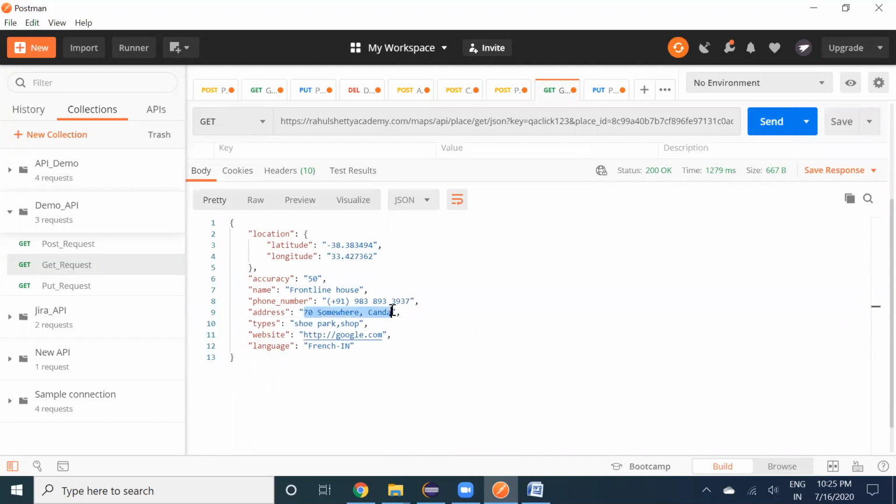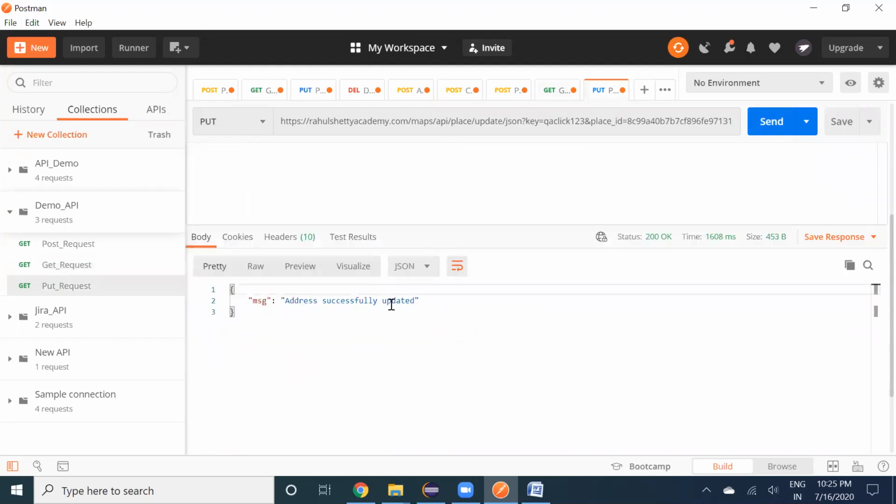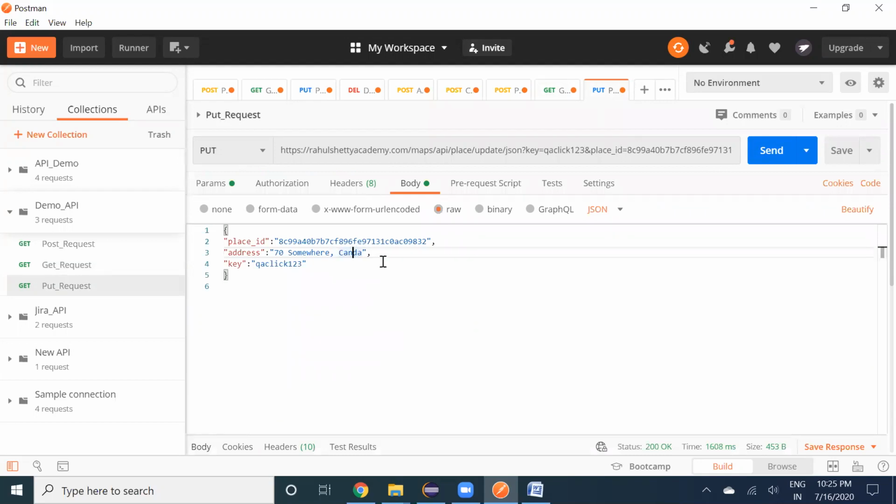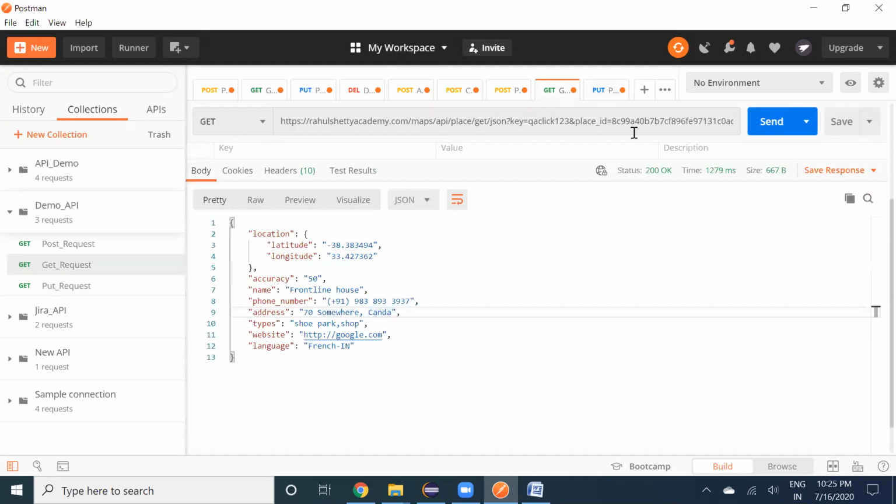So as a tester, you have to go and see whether the basic post, put, get operations are working or not. See, now the address has been updated. The address we gave there, we got it. So now he is changing it to Texas and updating it. I got Texas now, so like that we can update here. And we'll see the last request, the delete request, now.